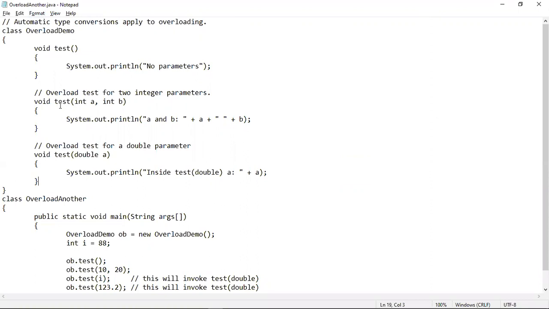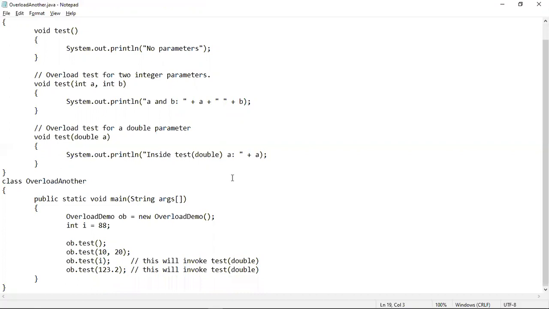The second version of the overloaded test method has a void return type and two integer parameters a and b, and inside it the values of the two parameters are printed. The third version has a void return type and a double parameter, and inside it the value of the double parameter is printed.